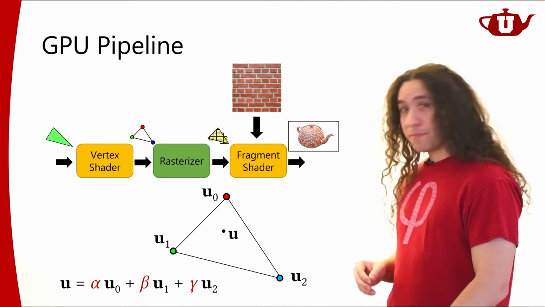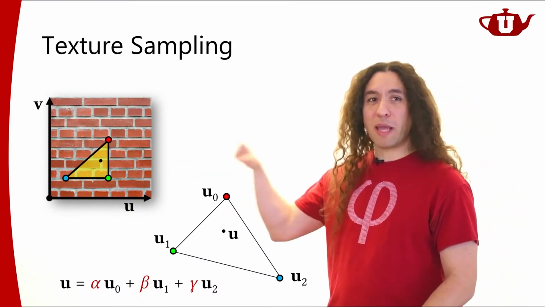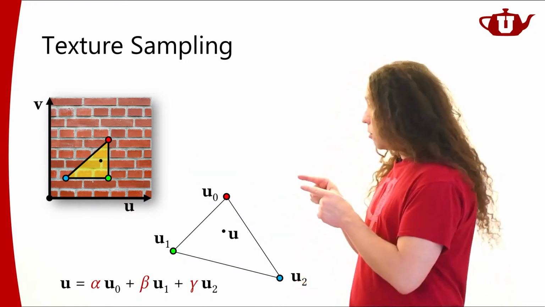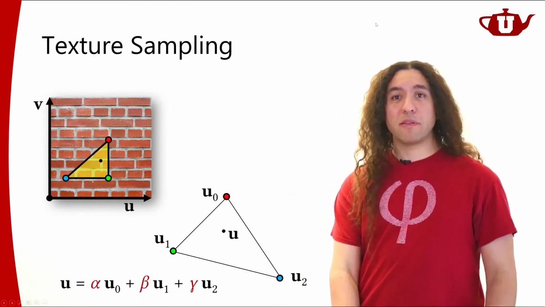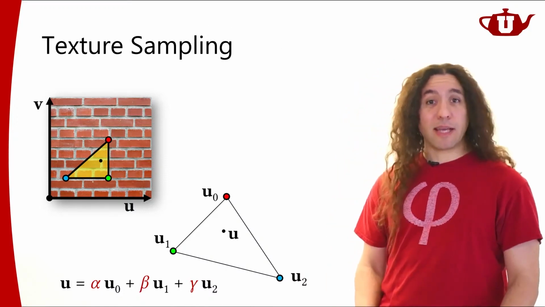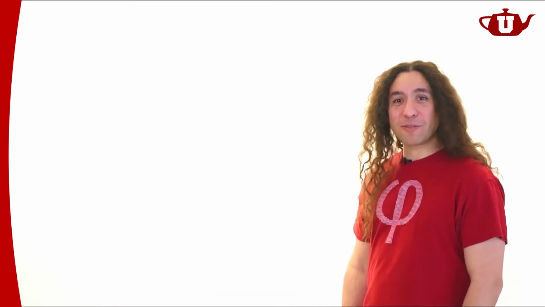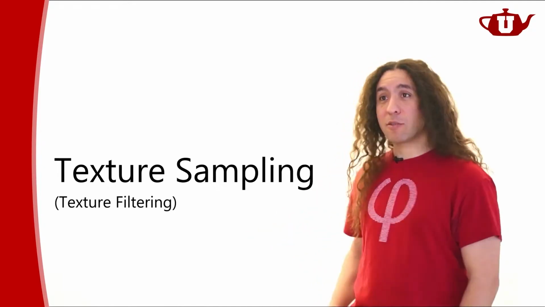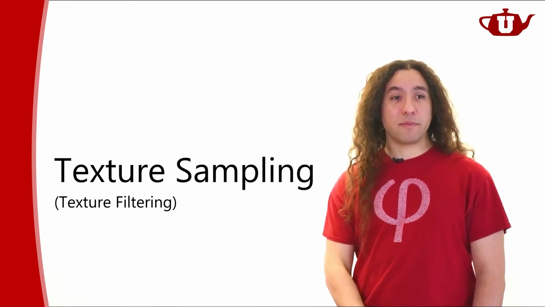So let's take a look at what happens in texture space. This is the position, and that position corresponds to a particular position in texture space. What we're going to have to do is figure out the value of the texture at this position. Now, if you haven't faced this problem before, you may think that this is relatively simple. Actually, it isn't. It's a relatively complicated thing, and I'm going to talk about that right now. So let's talk about texture sampling, otherwise known as texture filtering. That's the operation of reading the color of a texture at any given point.